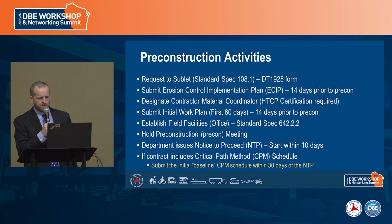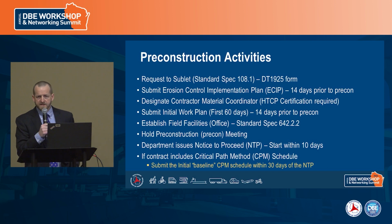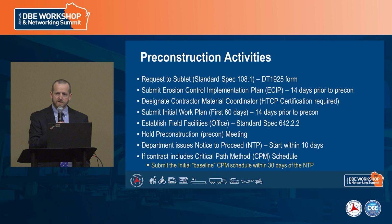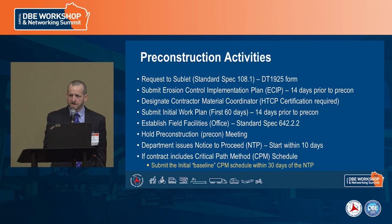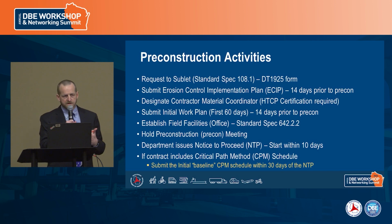And then we also want to start talking about the schedule, the initial work plan, start coordinating those efforts so that the department and the contractors are on the same page. So 14 days prior to the pre-con, we're looking for that initial work plan that covers the first 60 days of work. And then from there, we can move on to the more robust schedule that encompasses